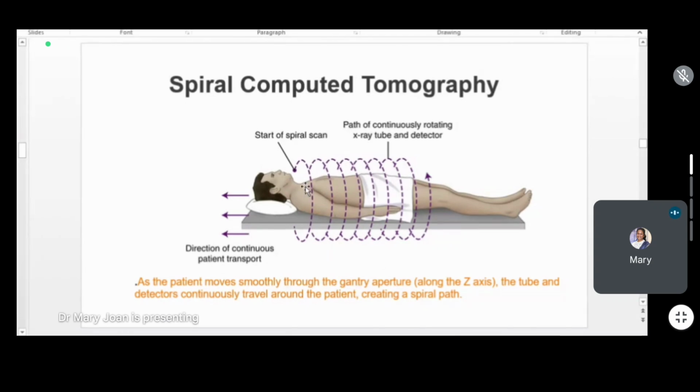So at the start of the spiral scan, it starts the cycle, it rotates around the patient, path of continuously radiating X-ray tube and detector. So then the patient body will be moving in this direction. As the patient moves smoothly,